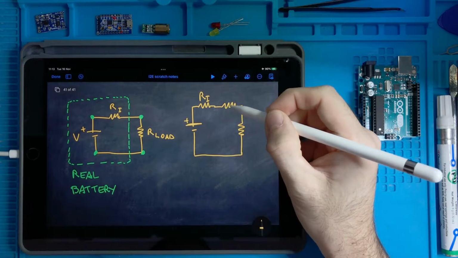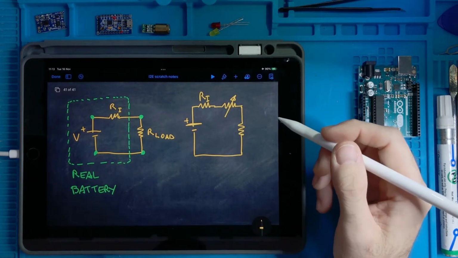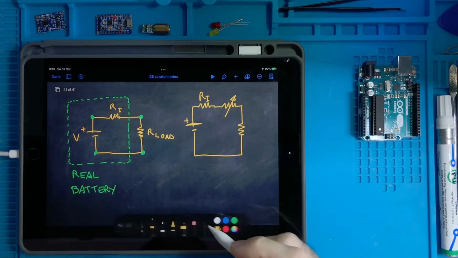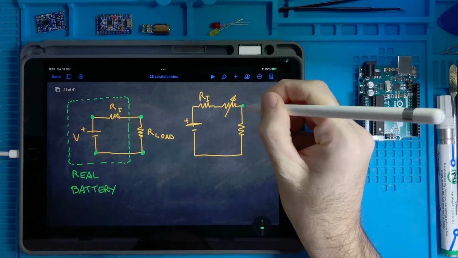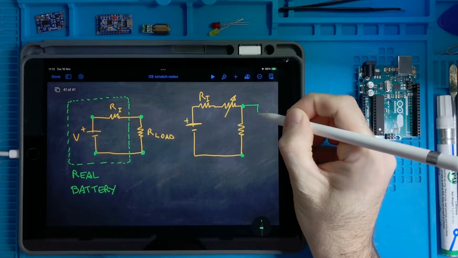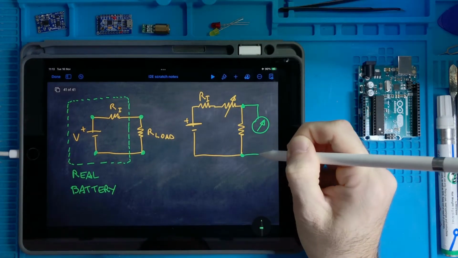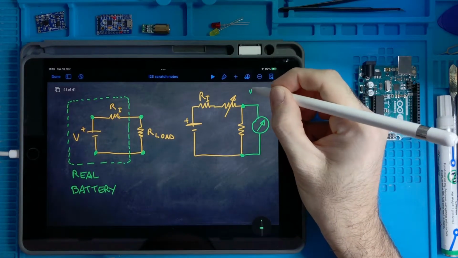So if we can vary the value of this resistor here in a way that by measuring the voltage here somehow, let's say with a voltmeter, I put this thing here, like this is a voltmeter,